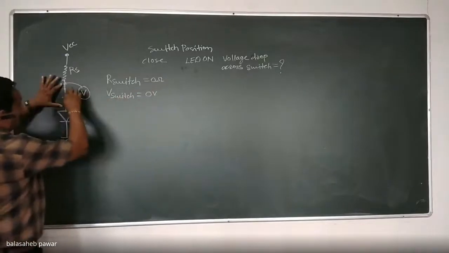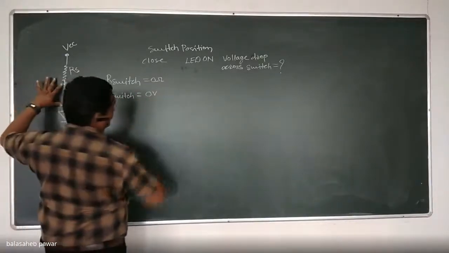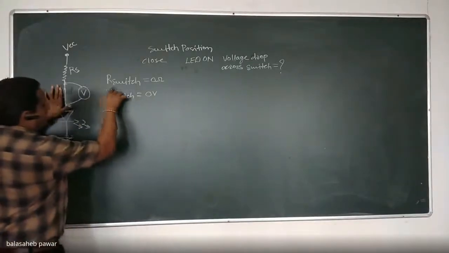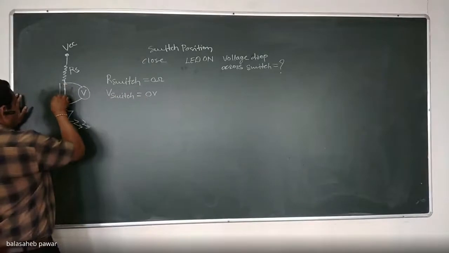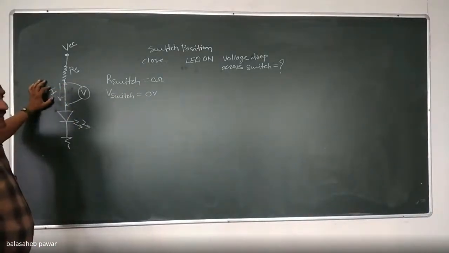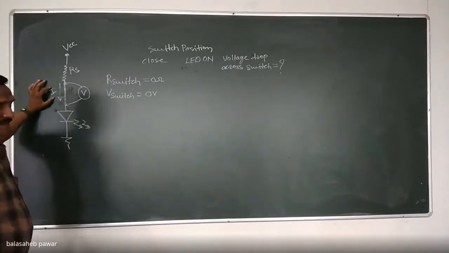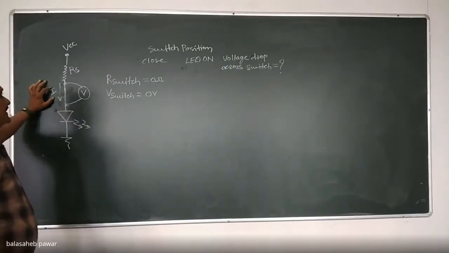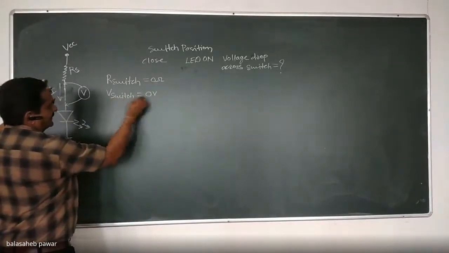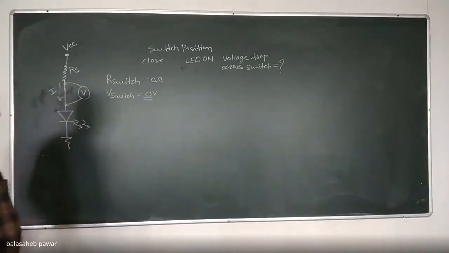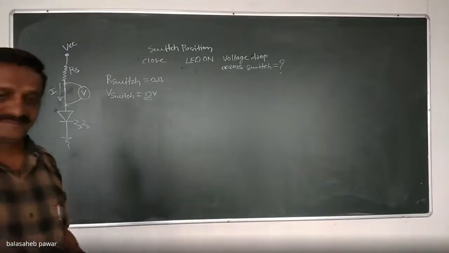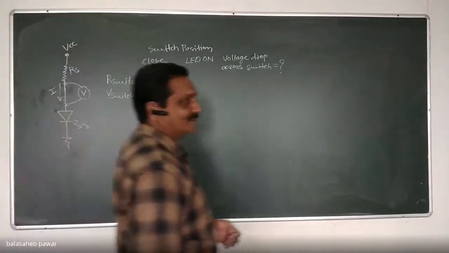What is voltage drop? Voltage drop is nothing but the resistance offered by that switch, that is R switch, into the current flowing through that switch. This is I, correct now? As it is in the closed position, how much will be the current through it? The current will be finite. It will not be 0, right now? So finite current into 0 resistance, so the voltage drop will be 0 volts. Remember this one. Is it okay? Yes or no? Be fast.